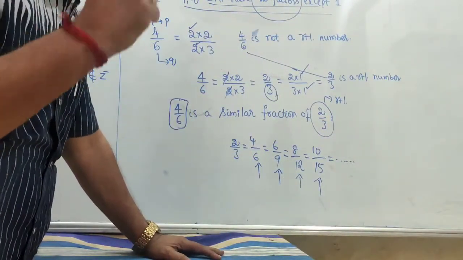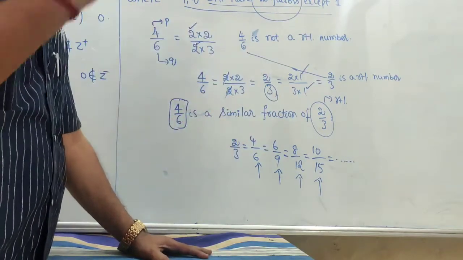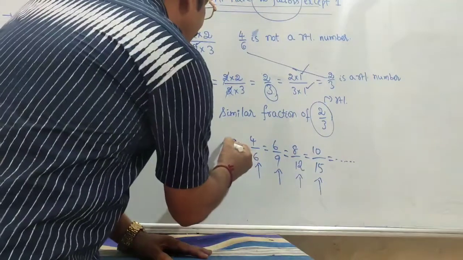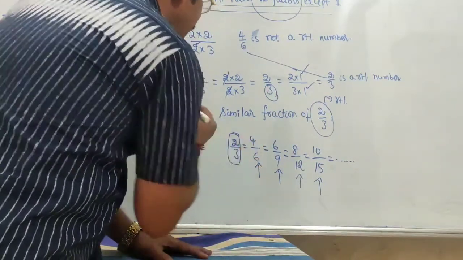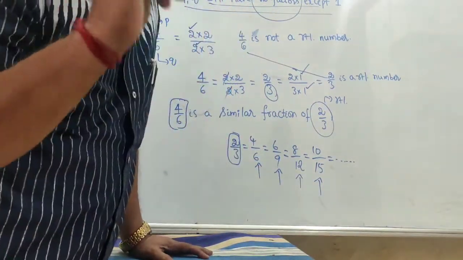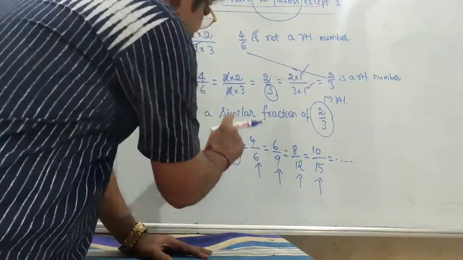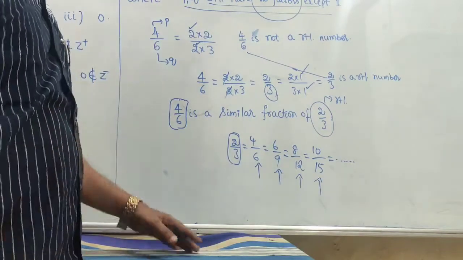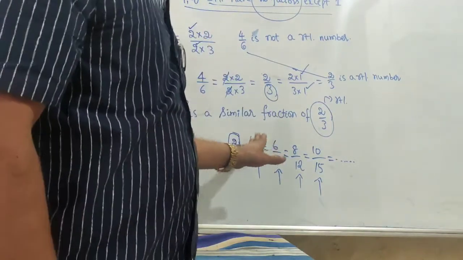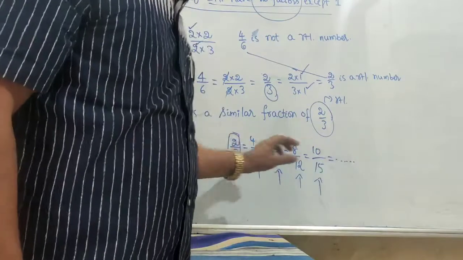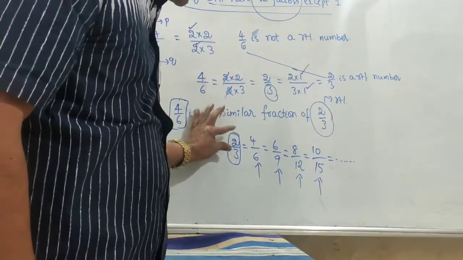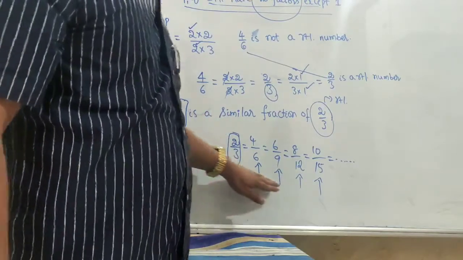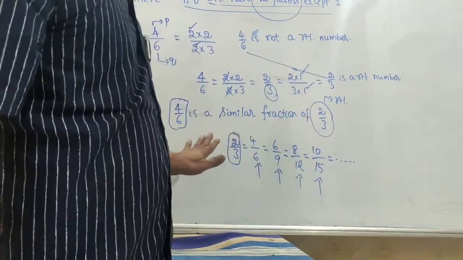The rational number which is in the standard form, the mother or basic rational number, is 2 by 3, because 2 will have only one factor, that is 1, and 3 will have only one factor, that is 1. No other factors are there. So therefore, what I am telling is that these are all children. This is the mother. So this mother is in standard form. Originally, it is called the rational number, but not these.